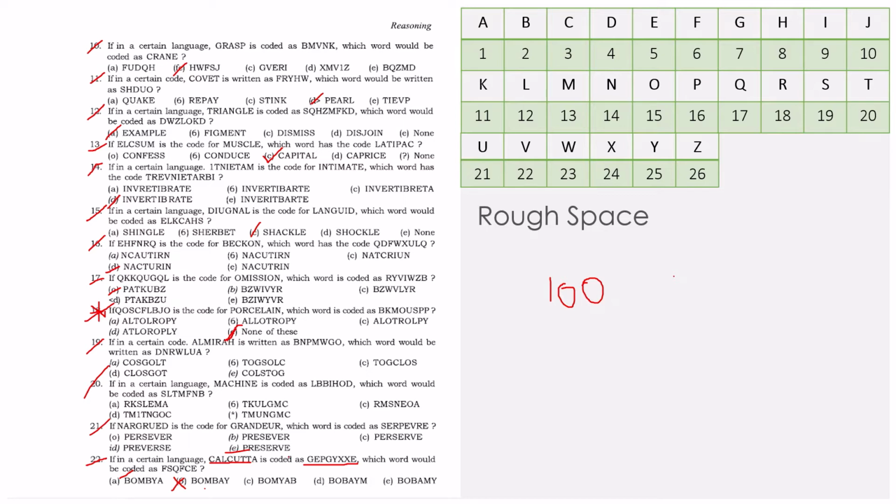Okay, so if you want me to explain the pattern, if you take C and G, it's 1, 2, 3, 4, and A and E is also 1, 2, 3, 4. You got that now. So if you want the actual word, just go 4 steps behind. Before, we went 4 steps after, because we did it from the proper code to the random code. So here we are going from random code to proper. So just reverse the sign and go minus 4 steps backward, and you will get the answer as A.